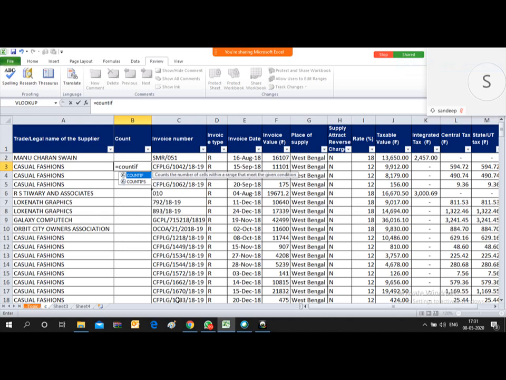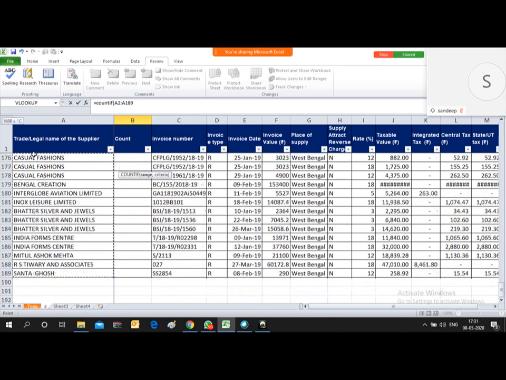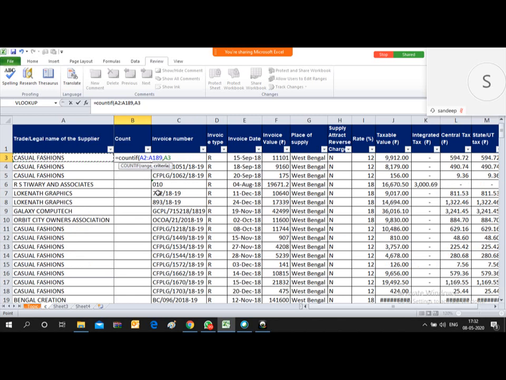You have to type count if, then start the bracket. After beginning the bracket, this formula requires a range, so I have to provide this range. Now I will select this entire column, and then put a comma. After putting the comma, it requires criteria.